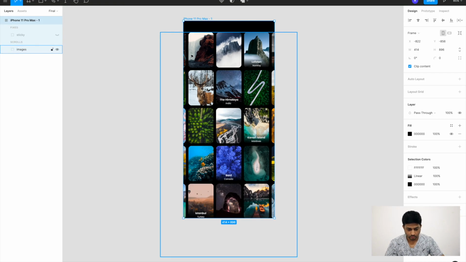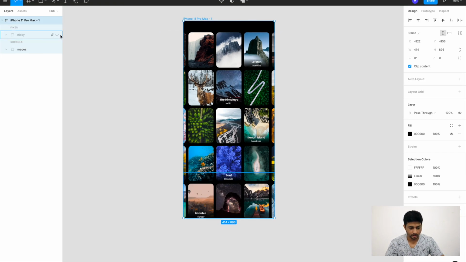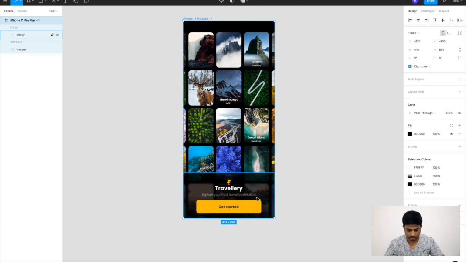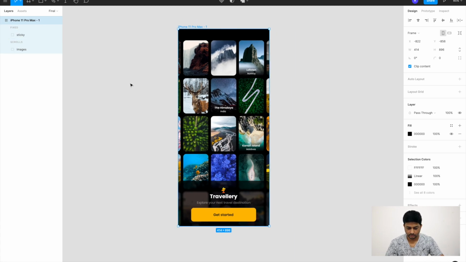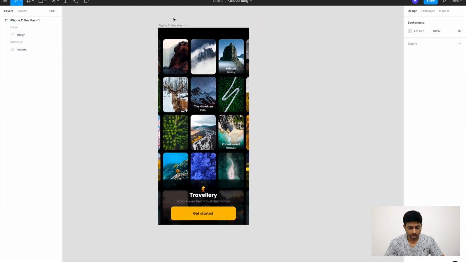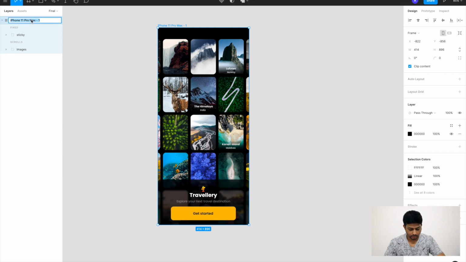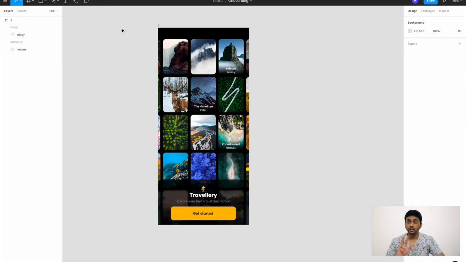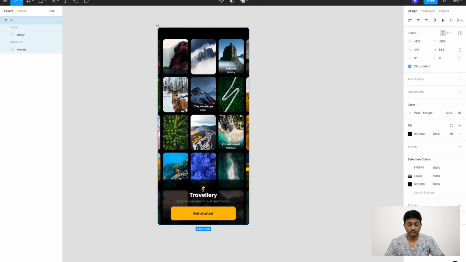So for now, just to do this bit, I had hidden the sticky bar. So I'll just make the sticky button visible again. And this is how the entire thing looks like with the overall thing set up. Now this is our frame 1. I'll just call it 1. Now let's build the frame 2, and that's where we will link our second bit of the animation.